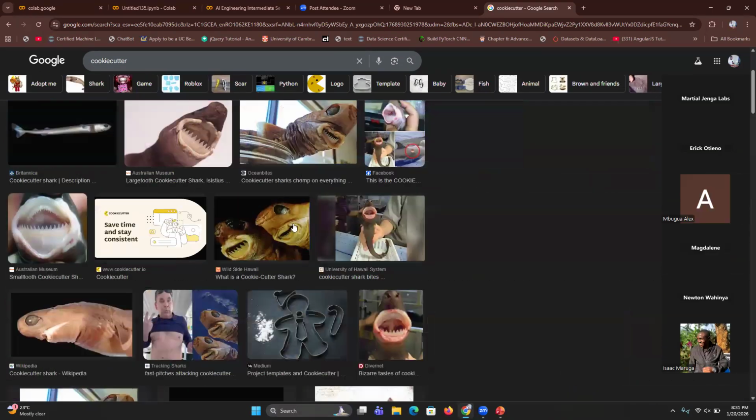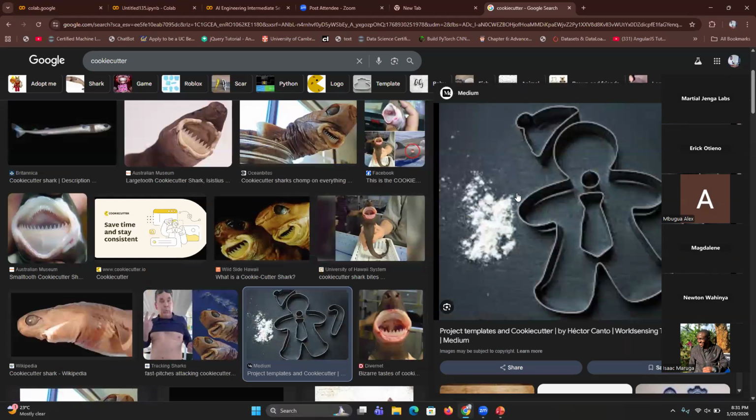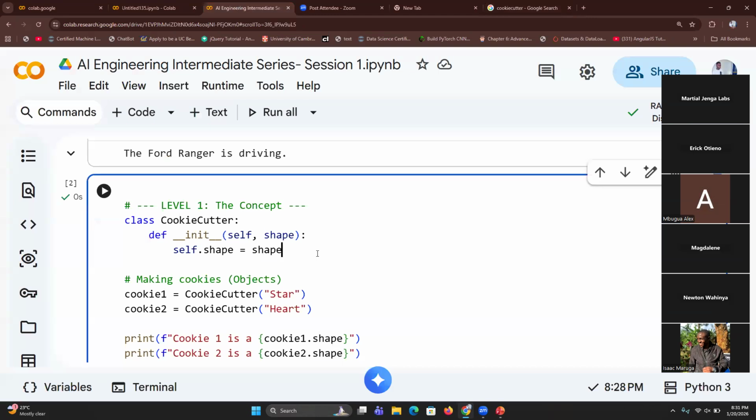This one, if I'm not wrong. So this is a cookie cutter. And in the world of object-oriented programming, this is an object. This is an object. So if it's an object, you need to define properties and behavior of